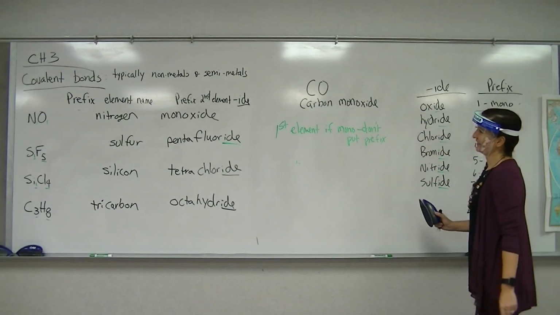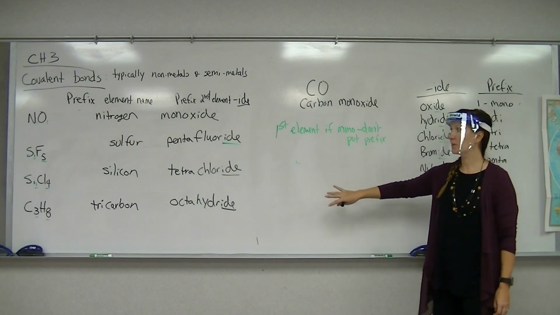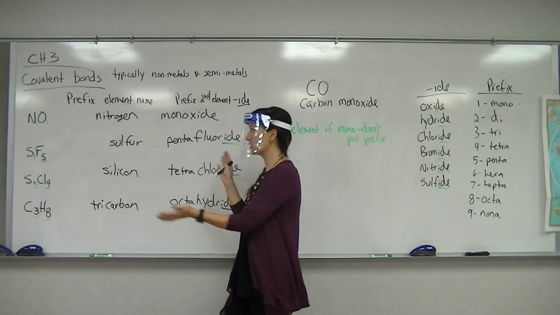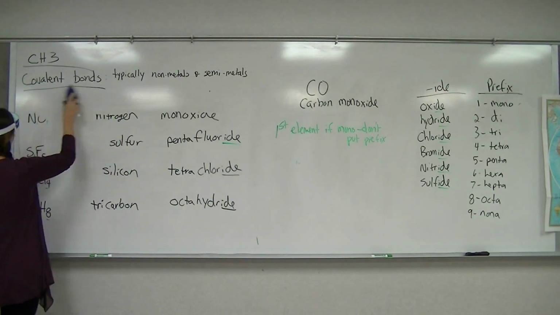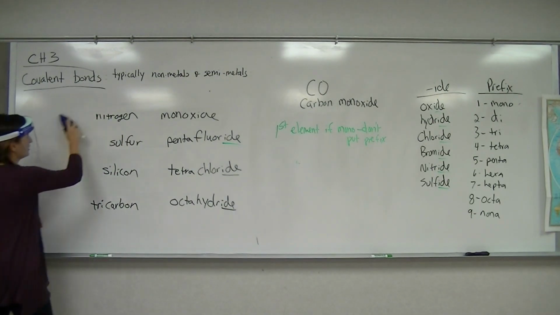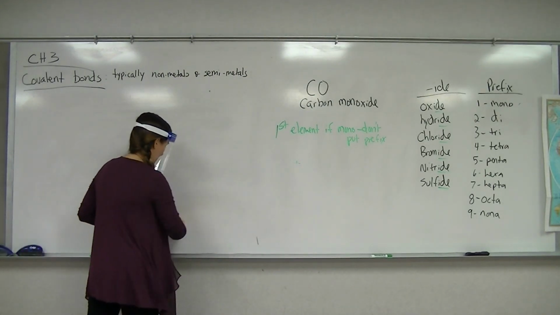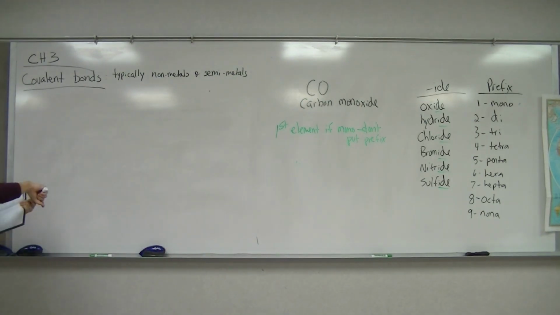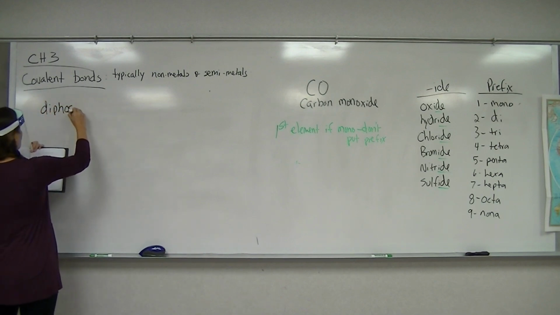So, all right. Questions on the naming? Because what we're going to do now is I'm going to give the names, and then we're going to change it into a chemical formula. Okay? You need to be able to go both directions. So, go ahead and erase. We're still sticking with covalent, so we're still looking at nonmetals, some metalloids mixed in. But now, I'm going to write up a couple names, and we'll figure out what the formula should be. And these actually are kind of nice. That's what the prefixes are helpful for. So if I have diphosphorus,